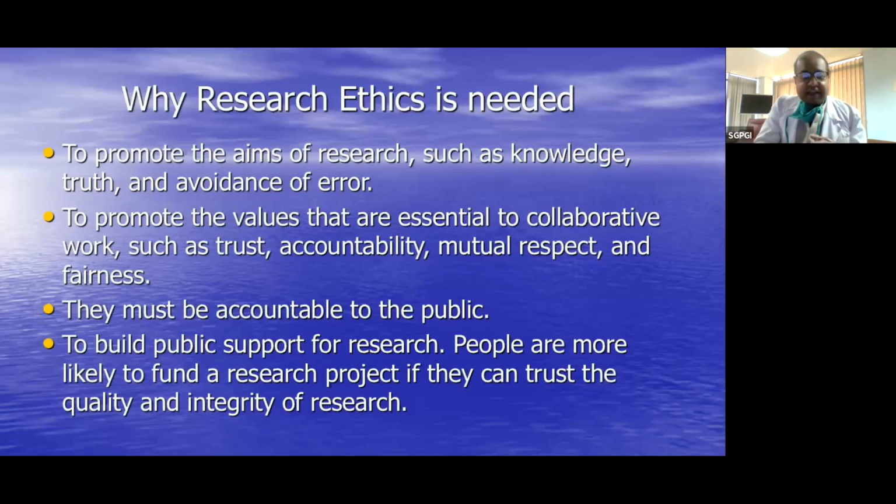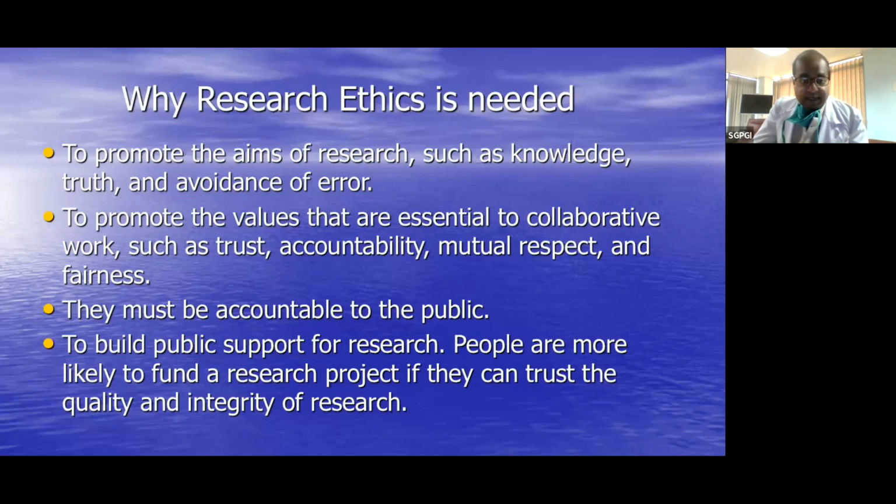So why is research ethics needed? One of the most important reasons why you need to have ethics is that it is good for your own research. You need to know what is a good way to do research, to perform an experiment, and what is the ethical way to do it. Because if you're not ethical enough in your own research, your results may be erroneous because you're not following the protocols or the principles which are needed to perform good research. So that is a very important thing. Knowledge generation itself requires your ethical contribution.